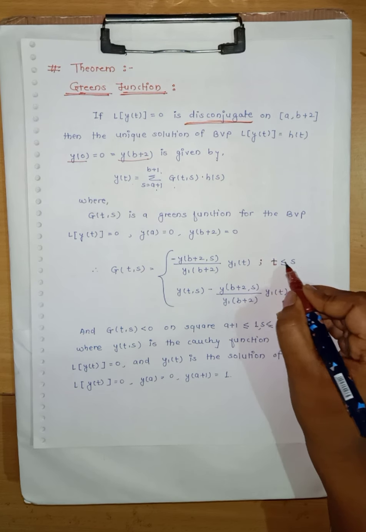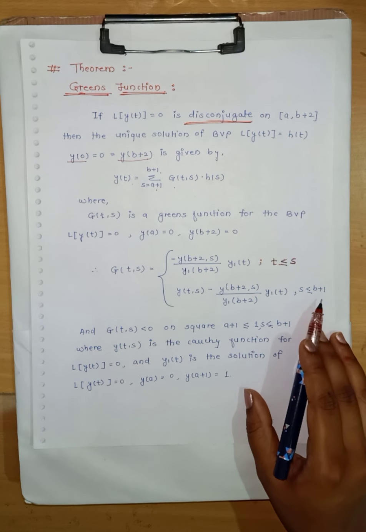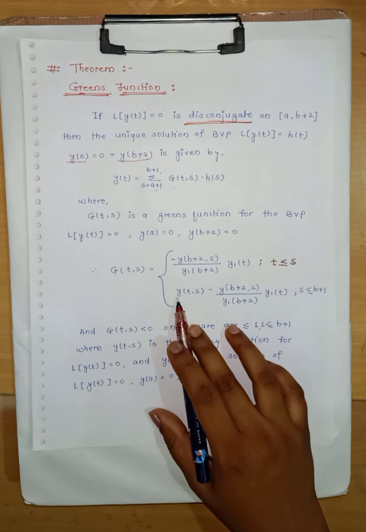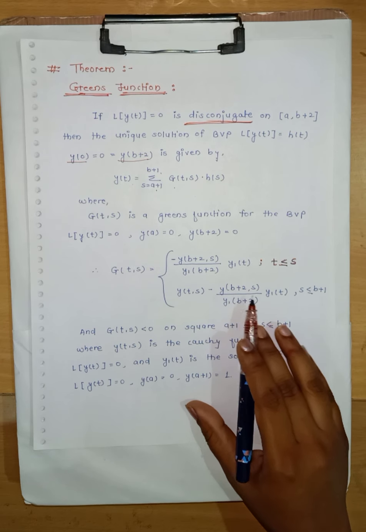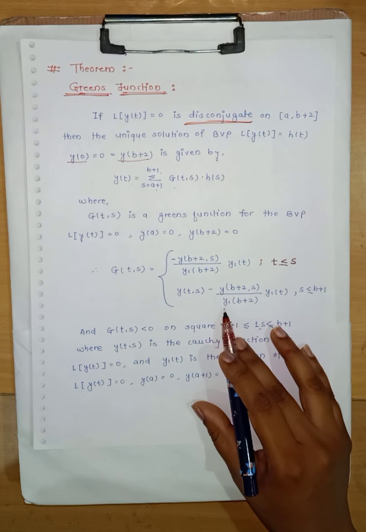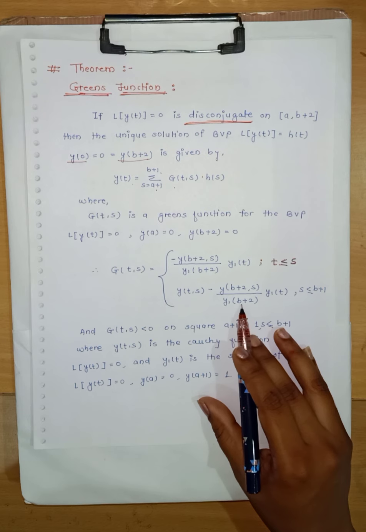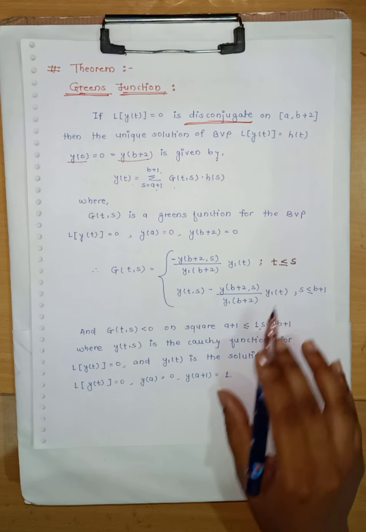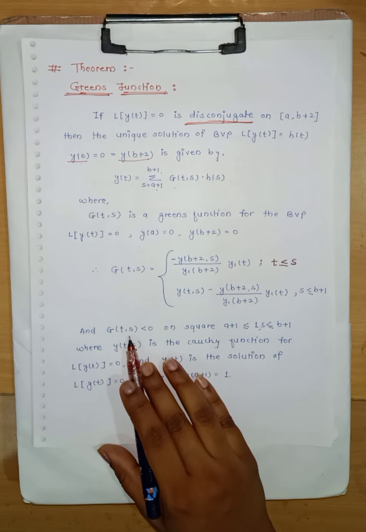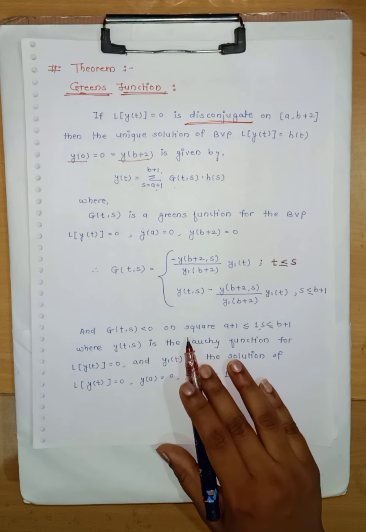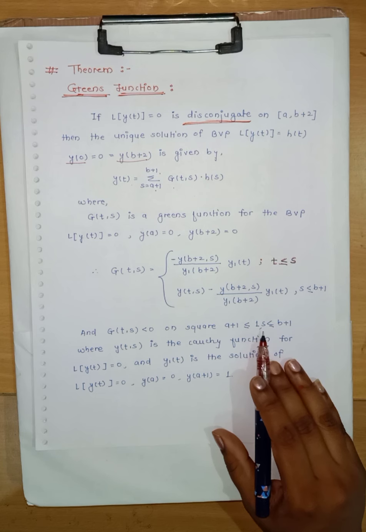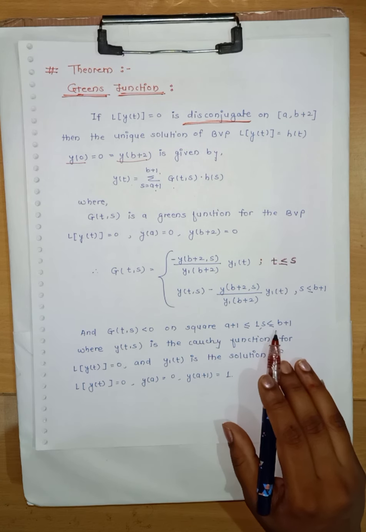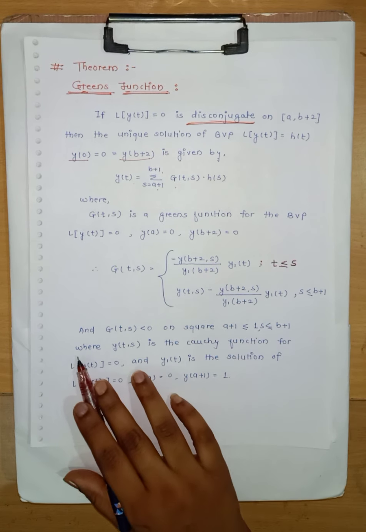And if s is less than or equal to t, we have y of t, s minus y of b+2, s upon y1 of b+2 into y1 of t. And g of t, s is less than 0 on the square a+1 ≤ t, s ≤ b+1,